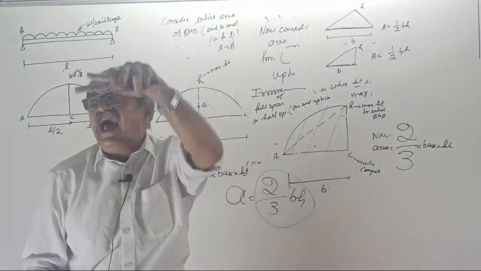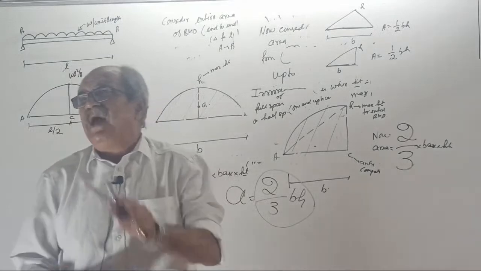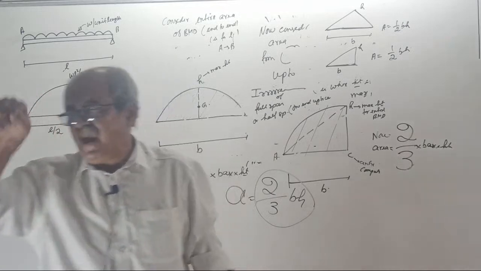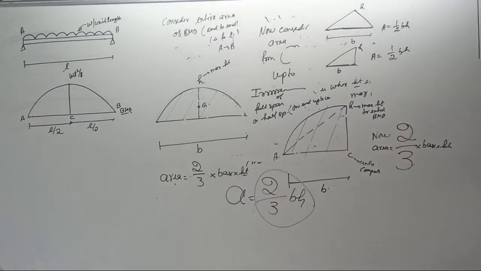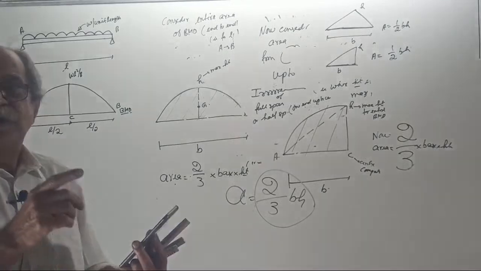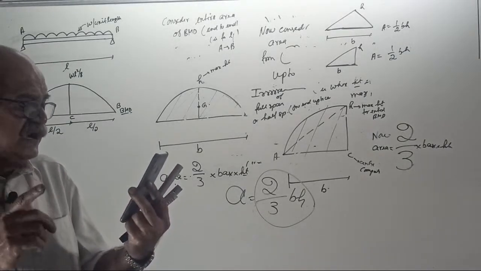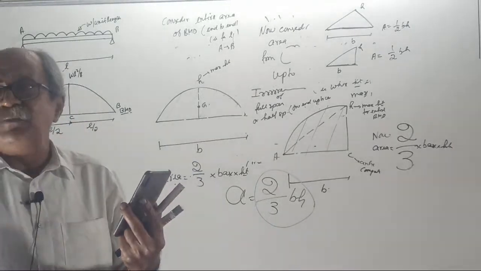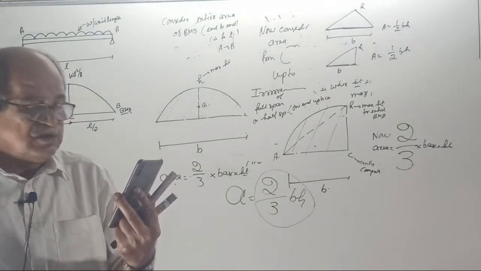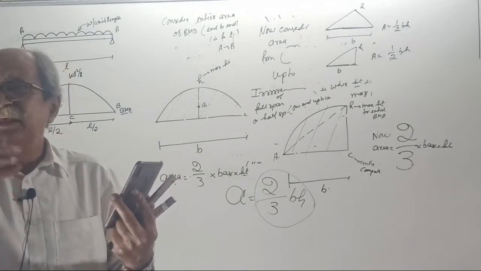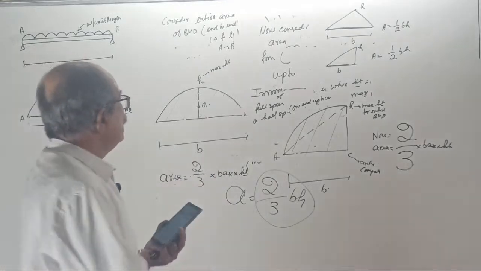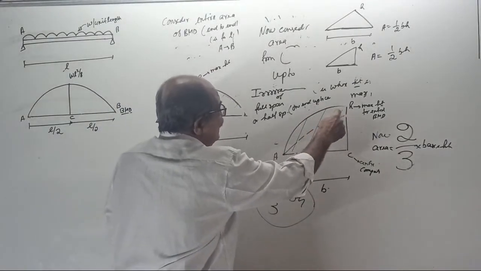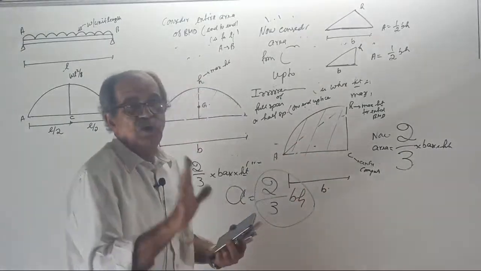But in the base, if you take full area, your base becomes full span. If you take half the area, base becomes half the span. So the area ejected there. So formula is still what? 2/3 base into height. Fully clear? Area is full, still 2/3 base into height. Clear or not? Irrespective of what? You can make out. It can't be 1/3. See, this area, how can it be 1/3? This is half base height. Clear? Okay. Now,